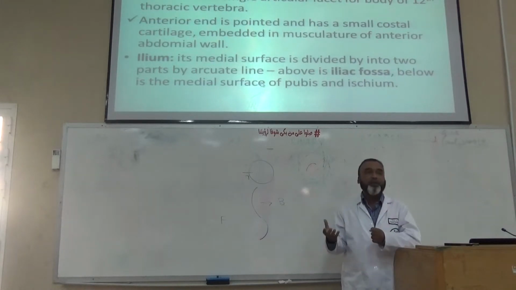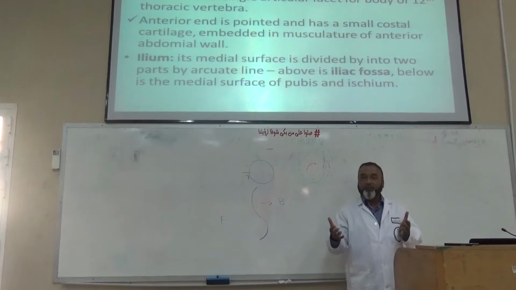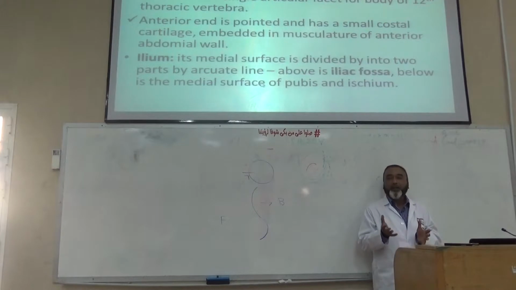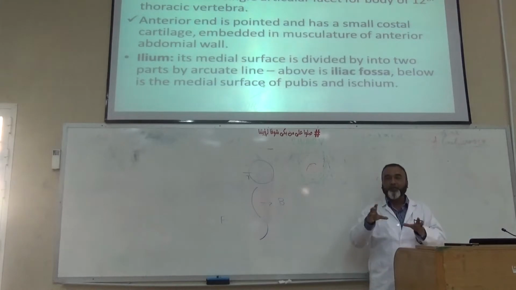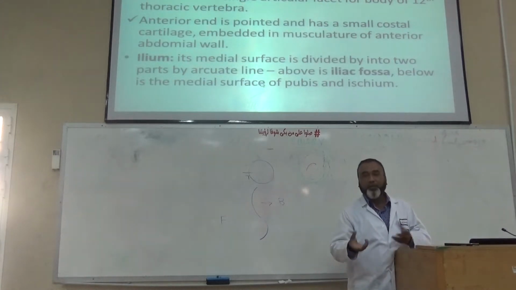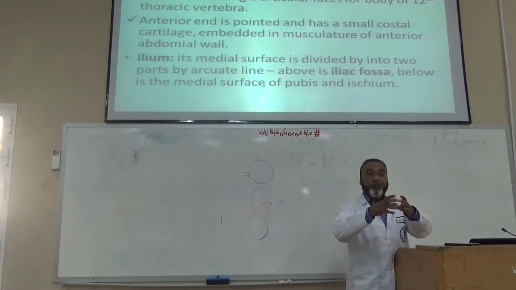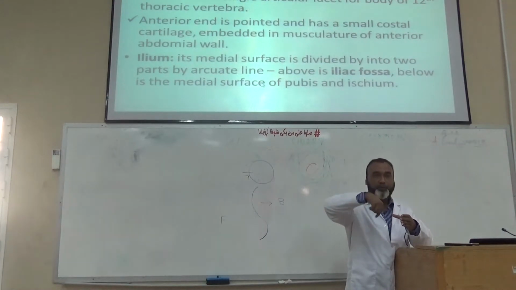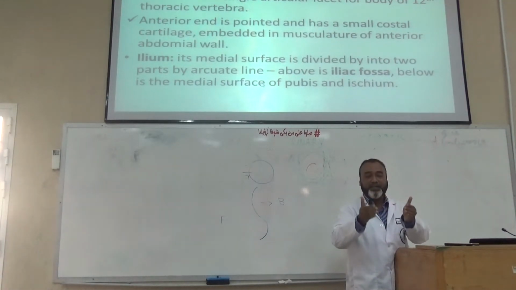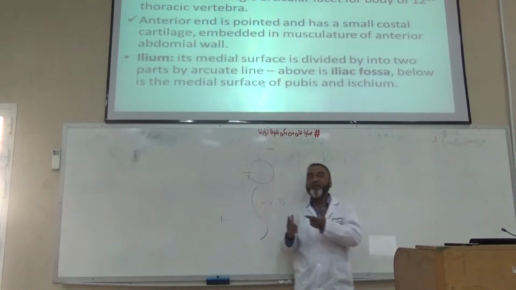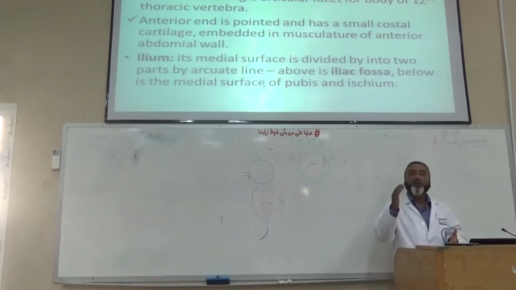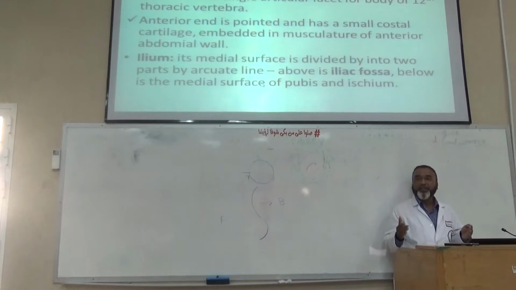Then below, as I said, we have a small part of the iliac bone, whose inner aspect is the iliac fossa, from where the origin of the iliacus muscle takes place, which lies above the pelvic brim. If you remember the anatomy of the hip bone, when you see the whole pelvic brim, above this area internally we have the fossa named the iliac fossa, for the iliacus muscle. So that part also forms a small part of the posterior abdominal wall.